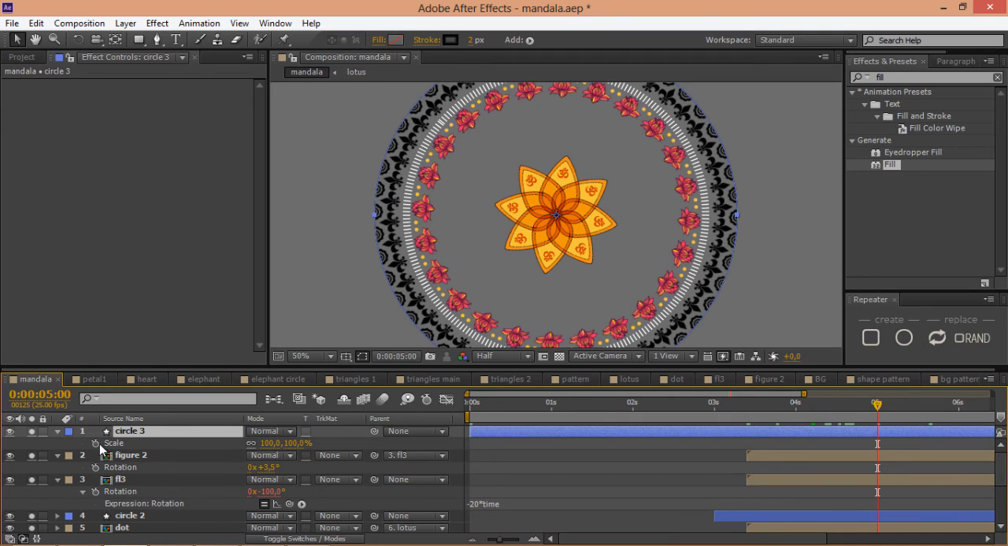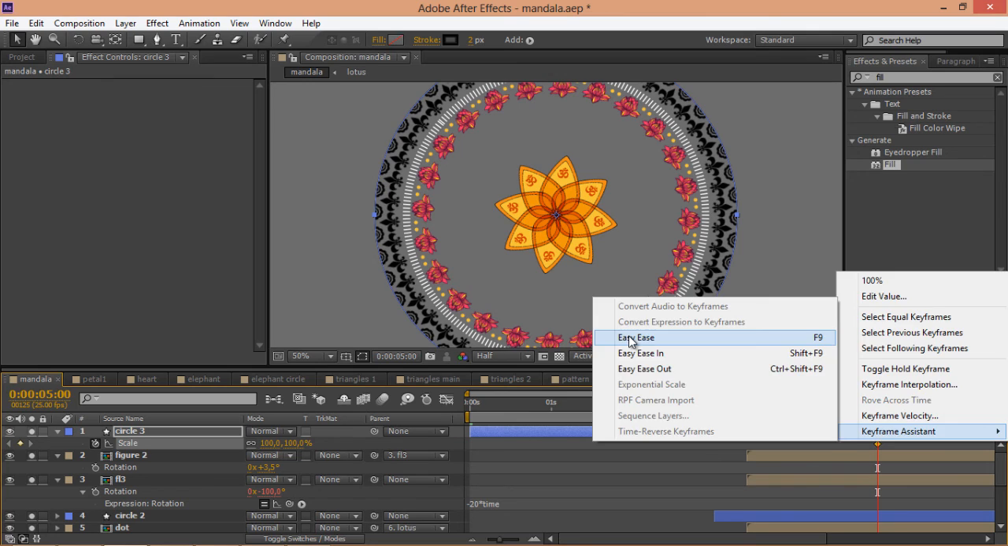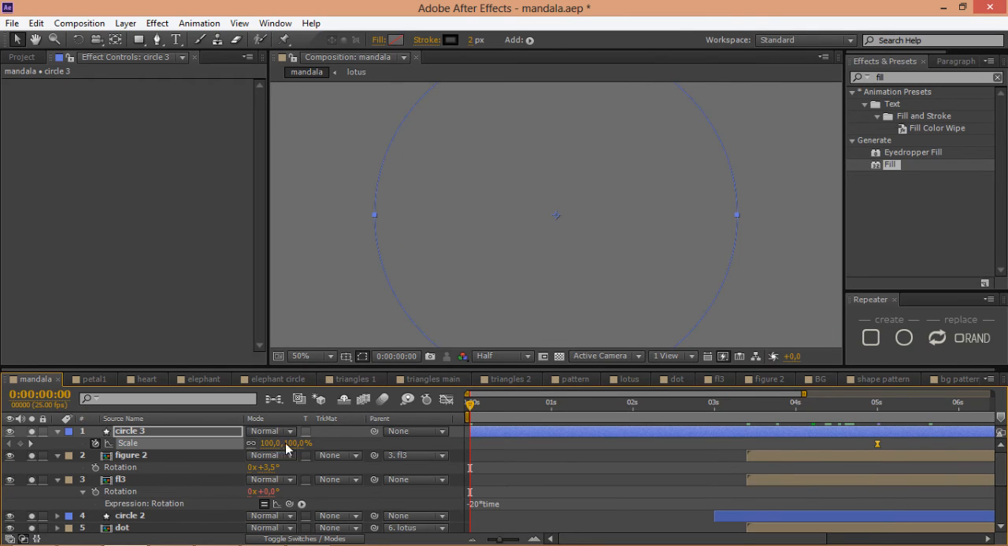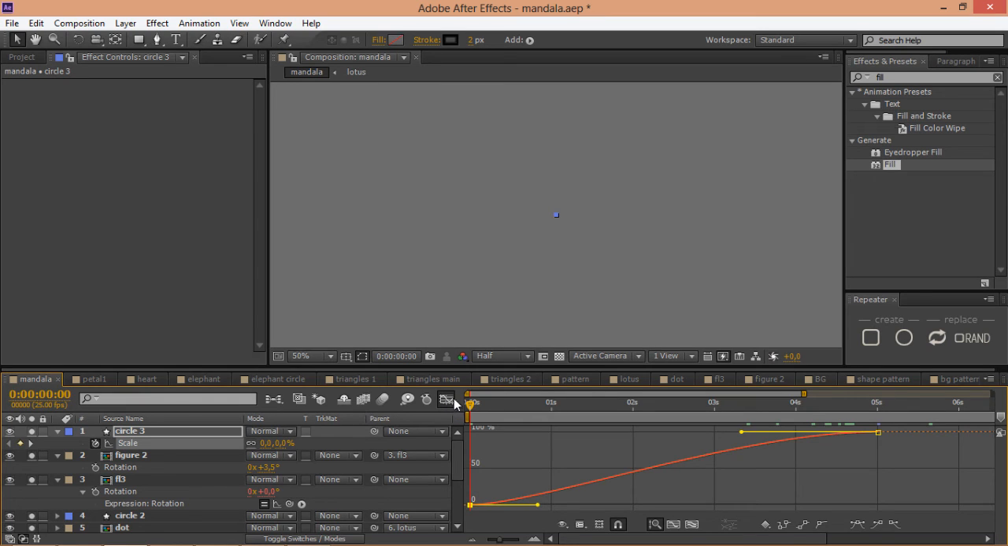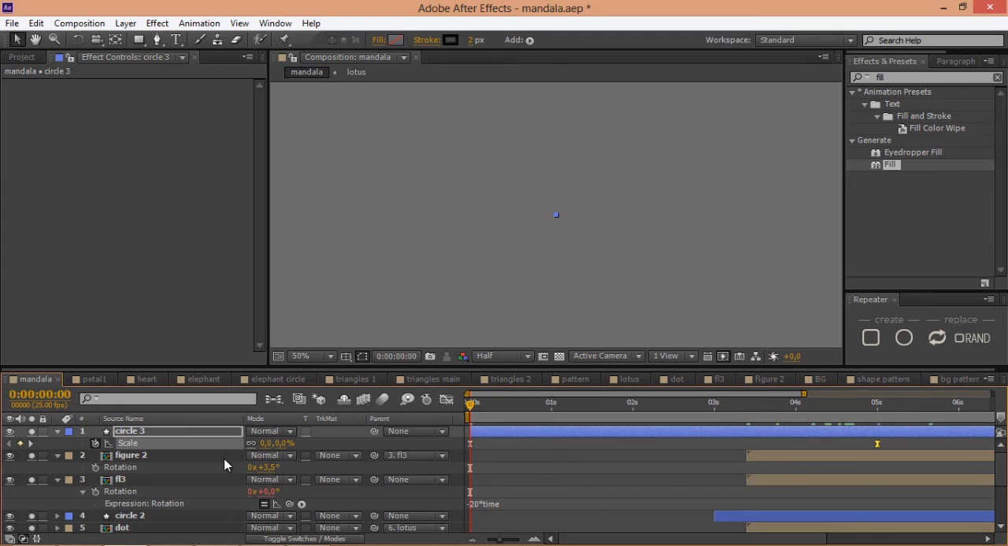Open scale, make it easy, and go in 0 time and write here 0. Now open graph mode and change it like something like that. Now duplicate it,